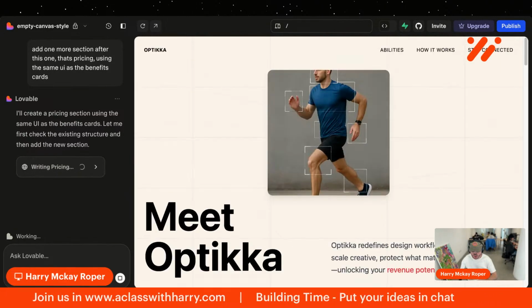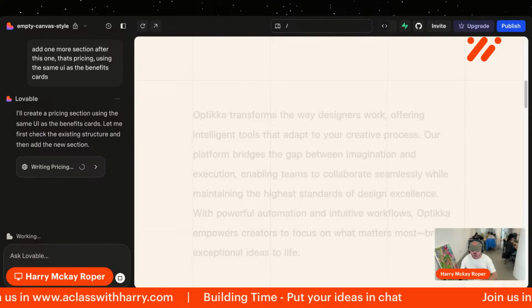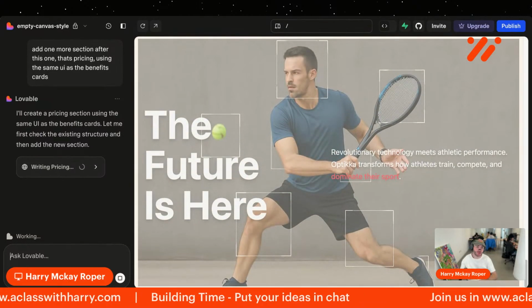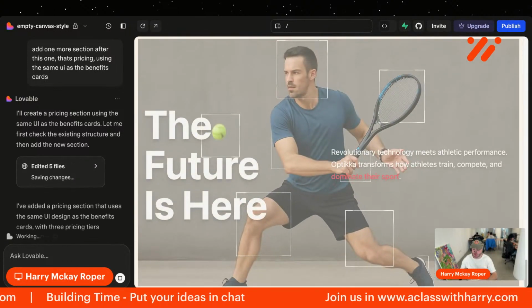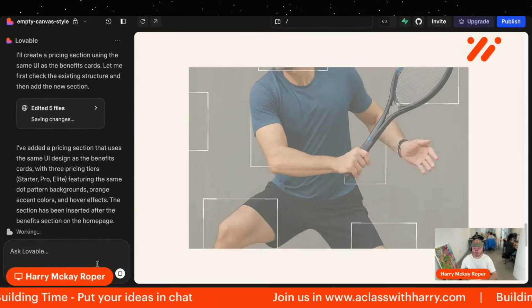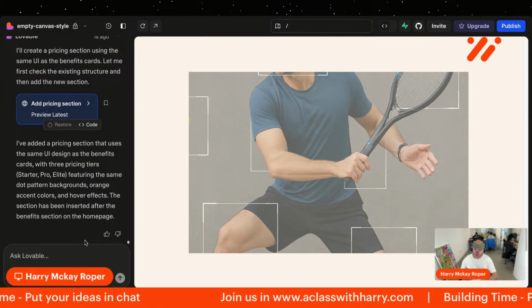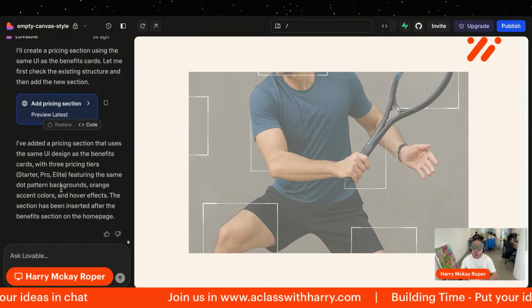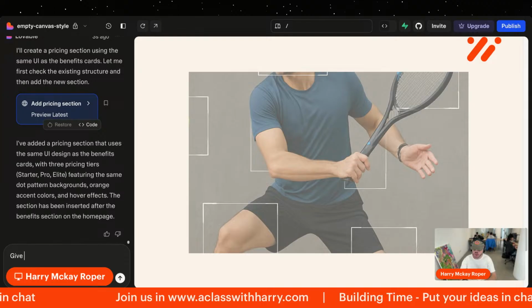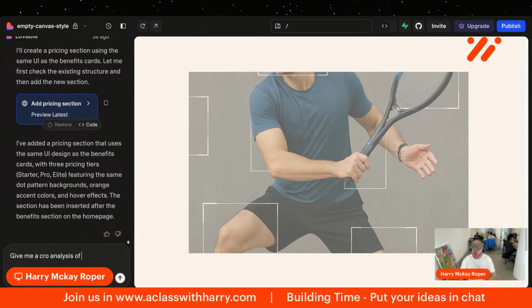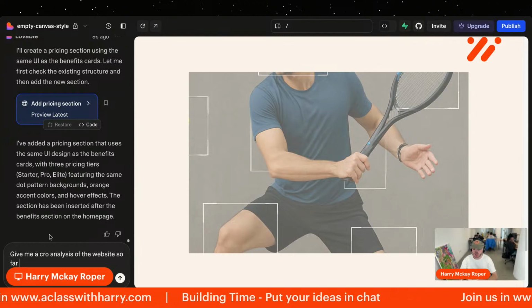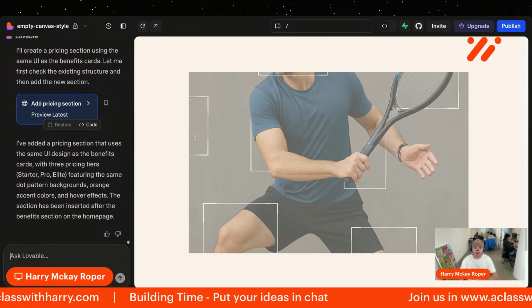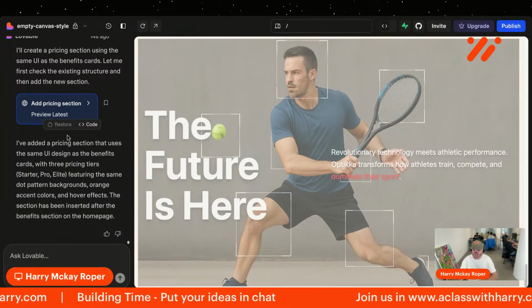And yeah, I'm not putting much thought into the format of this landing page or what will convert or whatever. Obviously I'm focusing on design and story a lot. But one of the cool things you can do if you want Lovable to help you with that is after you've designed your landing page, you can go into chat mode and say, give me a CRO analysis of the website so far. CRO is just short for conversion rate optimization. So you can quickly get an expert, in this case, Lovable,